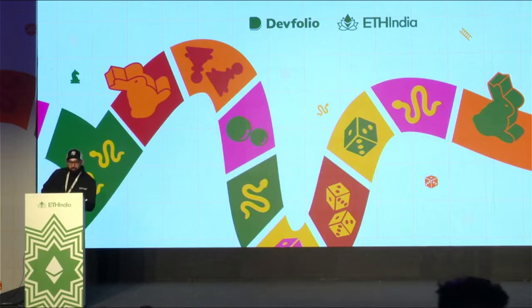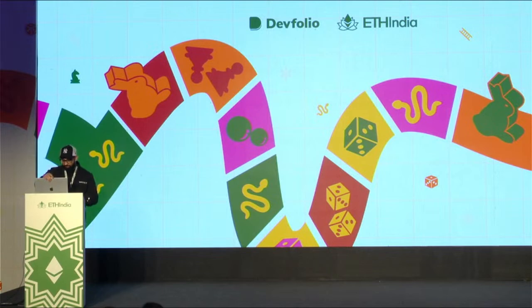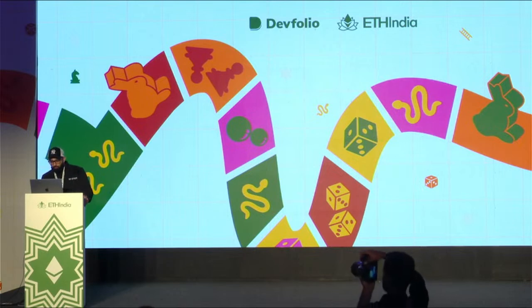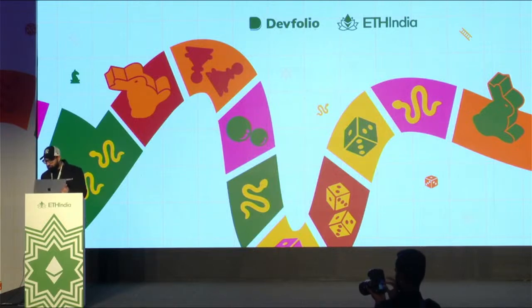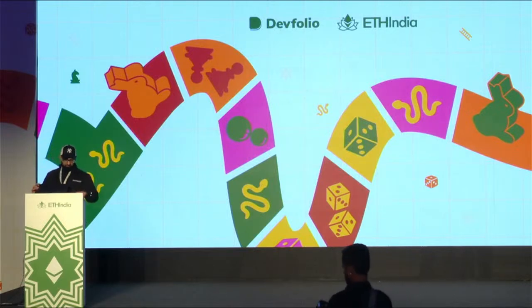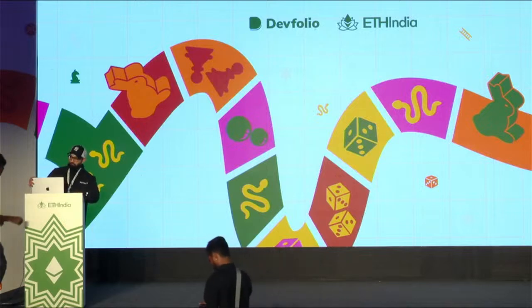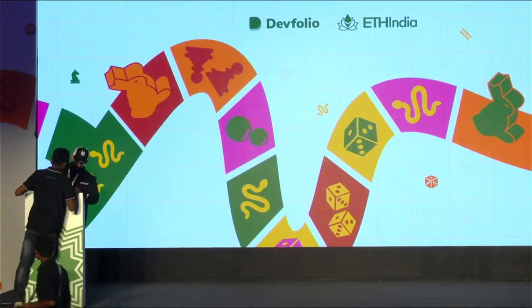GM guys, hope you can hear me. This is a pretty nice unique setup. Hoping my laptop works with this thing. One sec guys. Am I connecting with the right one? Is it this one?